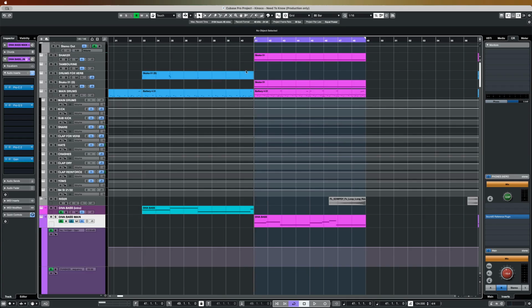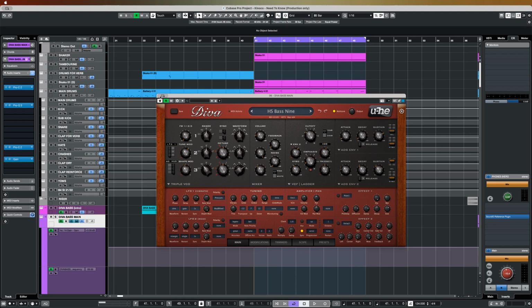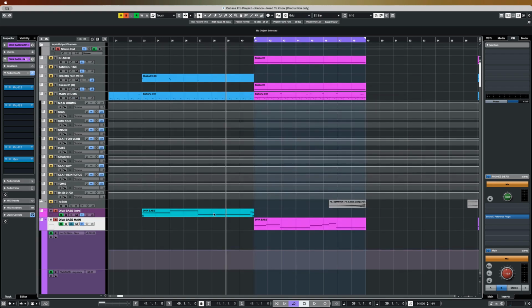So another way of adding a lift to this track is by developing the bass a bit. I've got the same bass patch here, bass 9 from Diva, but I've opened up the filter a bit. So if we hear, coming from the verse, here's the slightly quieter, slightly wide chorus bass. And now we get the main bass. Now I haven't put a chorus on this, so it kind of shrinks back into the center and tightens up a bit. But you can hear it's much brighter, there's a lot more mid-range presence there,